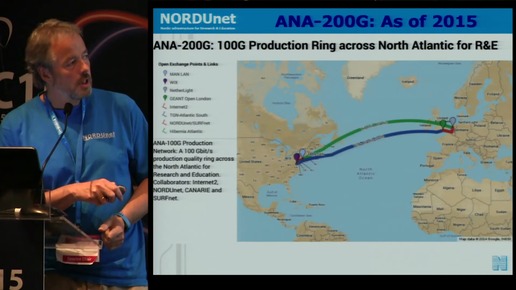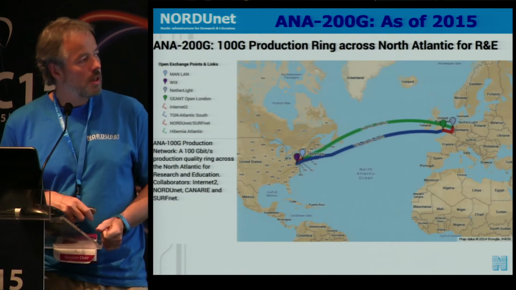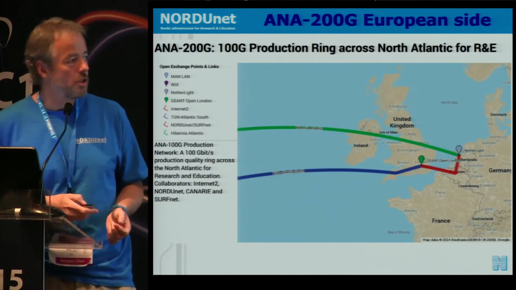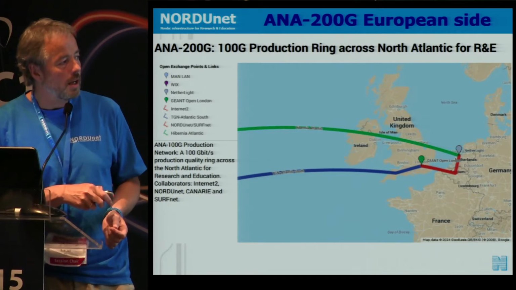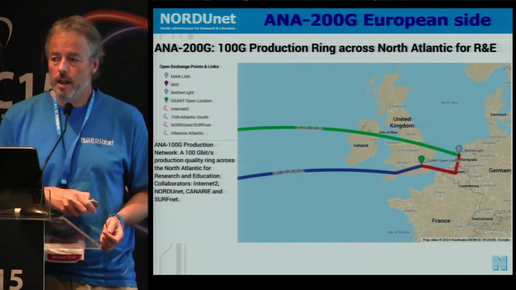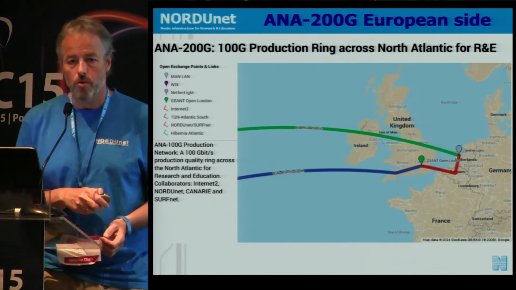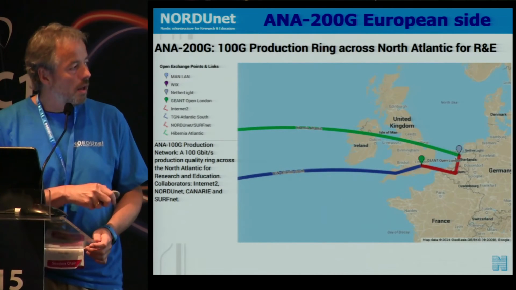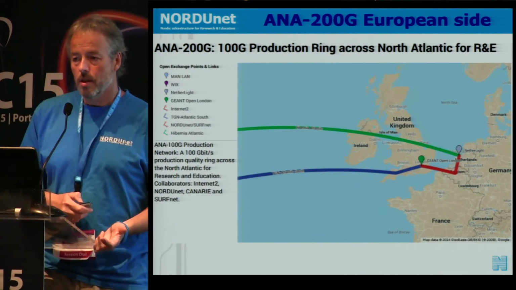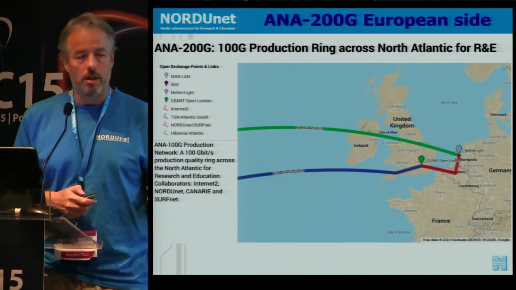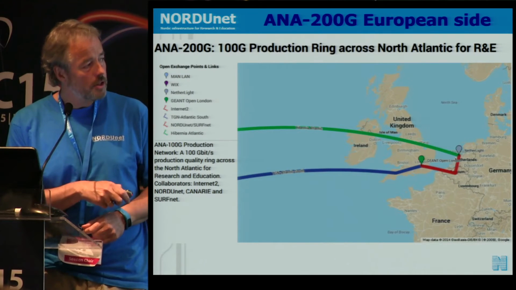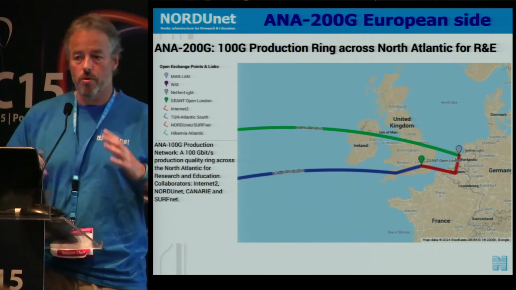open exchange points, these blobs here are open exchange points, and connectivity between the open exchange points on the continent. So if you zoom into it, this is Europe, Amsterdam, Netherlight, and Jean Open in London. A green one running on a Hibernia cable system, 100 gig between Amsterdam and New York, and a blue one, 100 gig running between London and Washington, between Jean Open in London and the Wix in Washington, on a Tata cable system. And then some 100 gig transmission in between to make sure that we have a system, we have